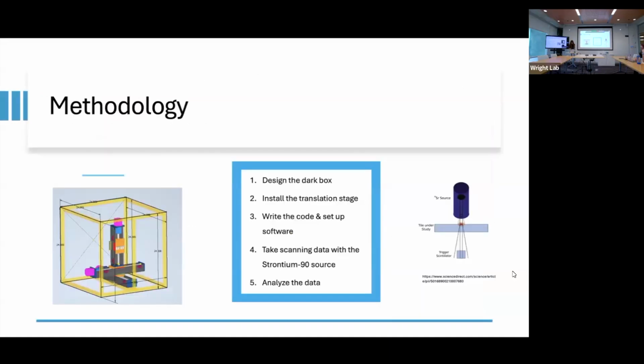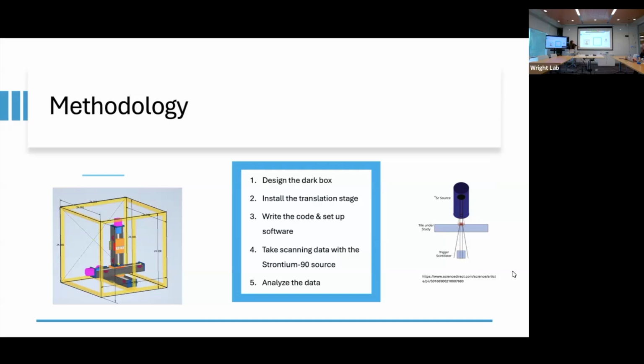So my methodology for this was essentially, we have a dark box in our lab right now that's 2 feet by 2 feet dimensions wise. I constructed that in AutoCAD, and then the translation stage would be placed in there and controlled through some software that could move it and do the scans, and also at the same time,